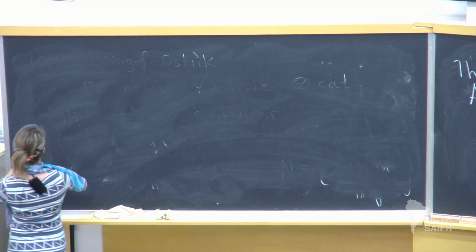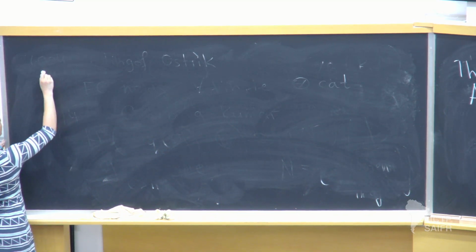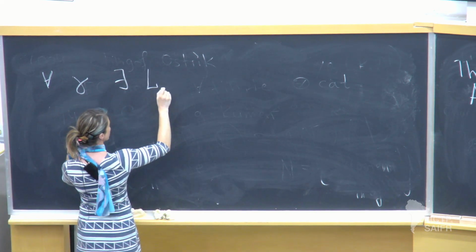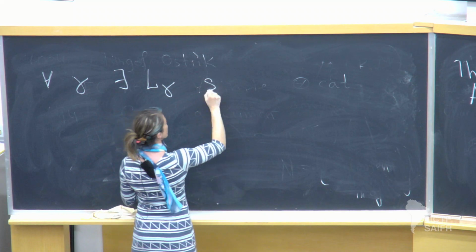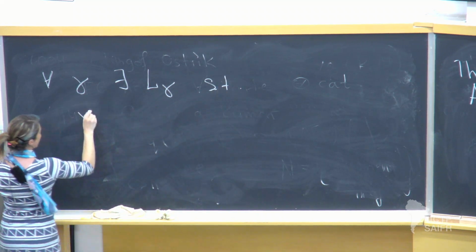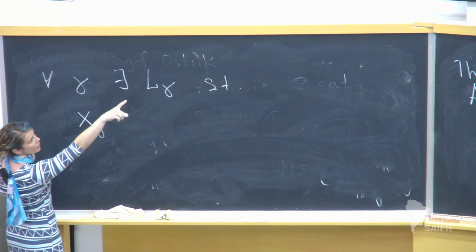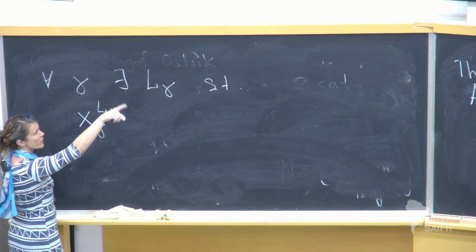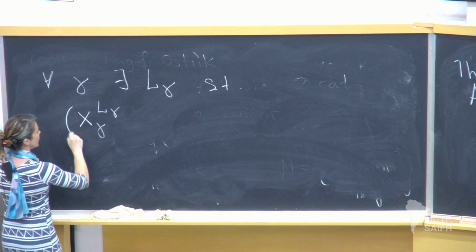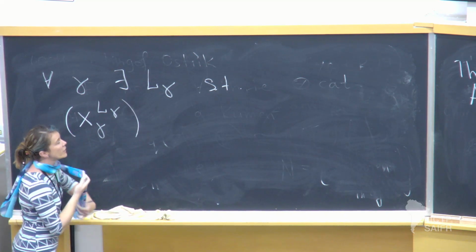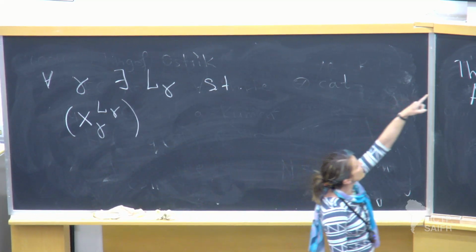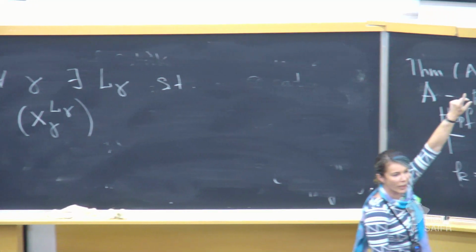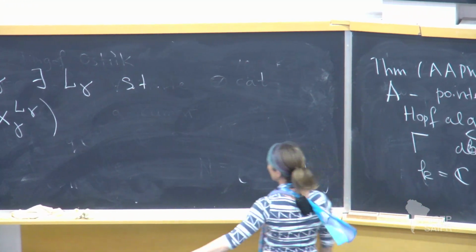So in all the situations, we can always say that, for any root gamma, there is a power such that x gamma, which is going to be on this first row, to the power L gamma, is going to be a path, not necessarily in degree 2. For example, to get x1 to the power 2 and 1, you'll have to go around like 4 times. It's going to be a chain of degree 4.